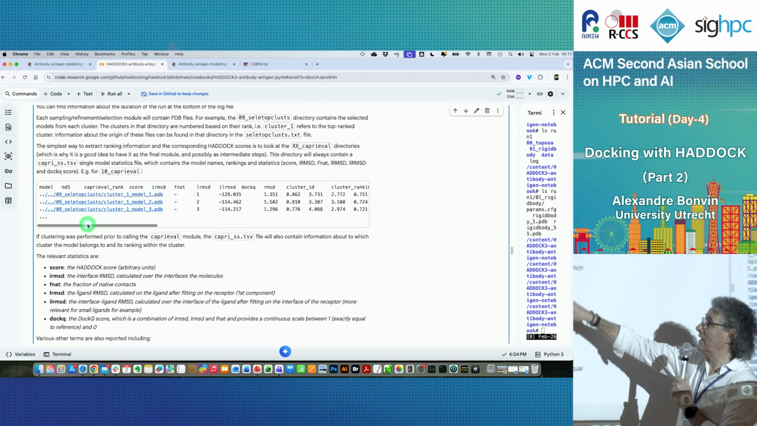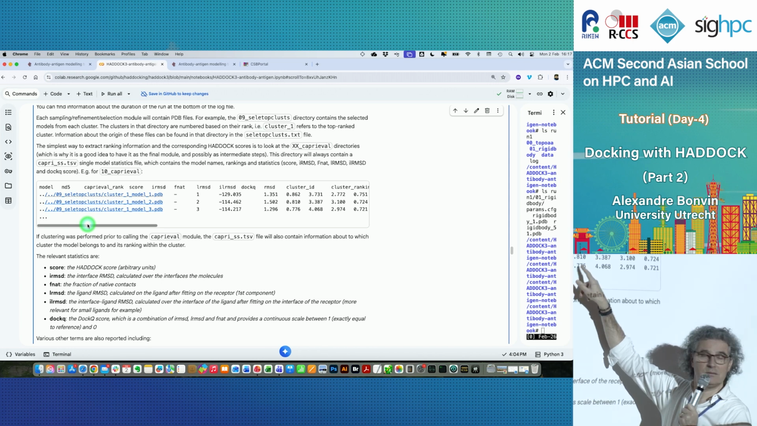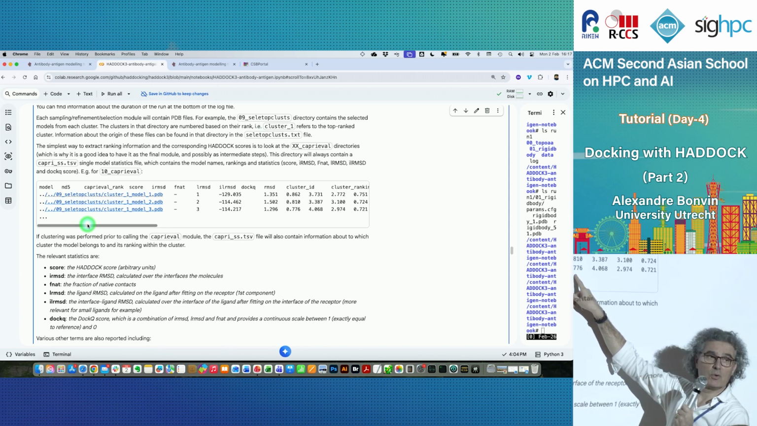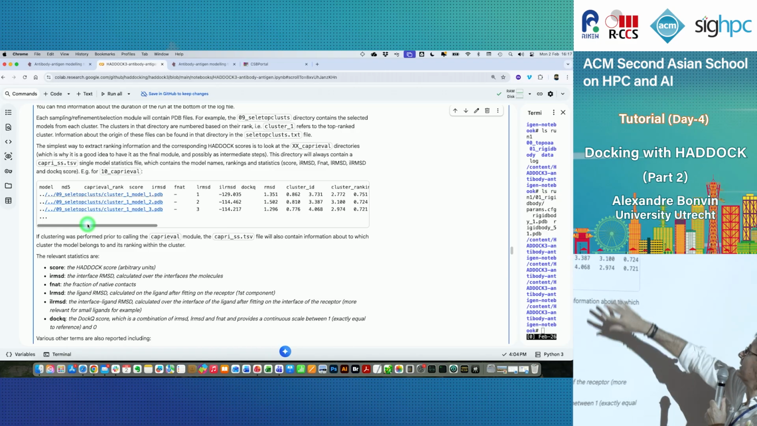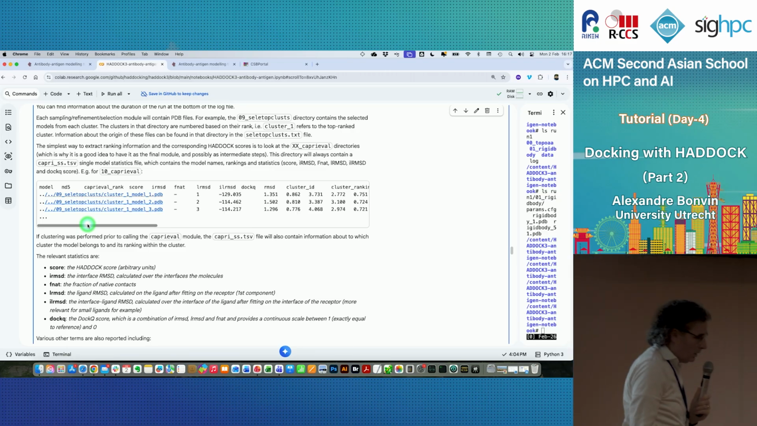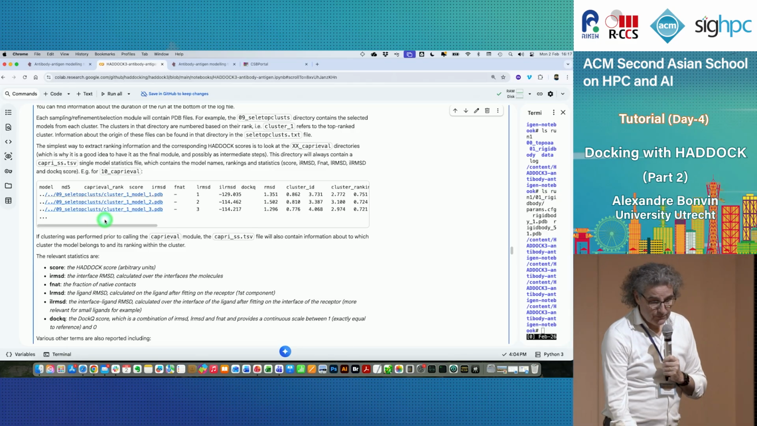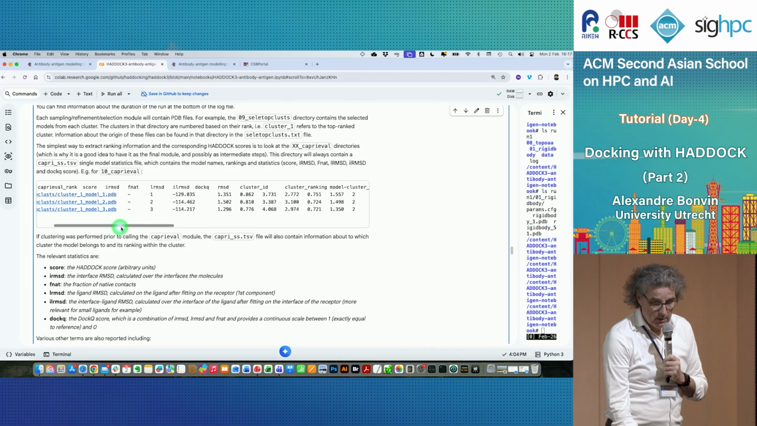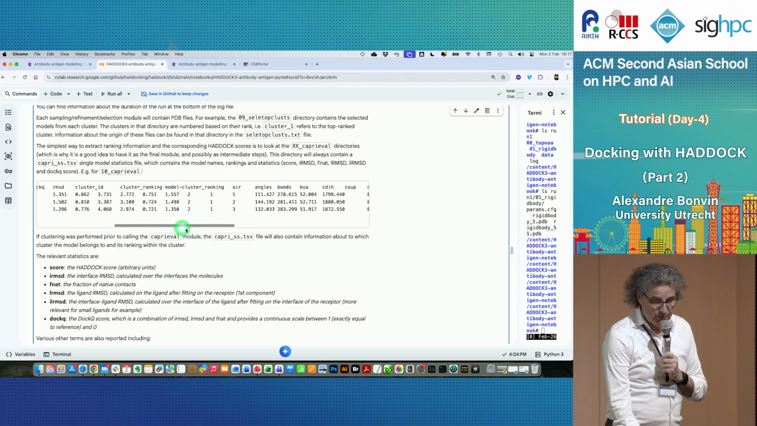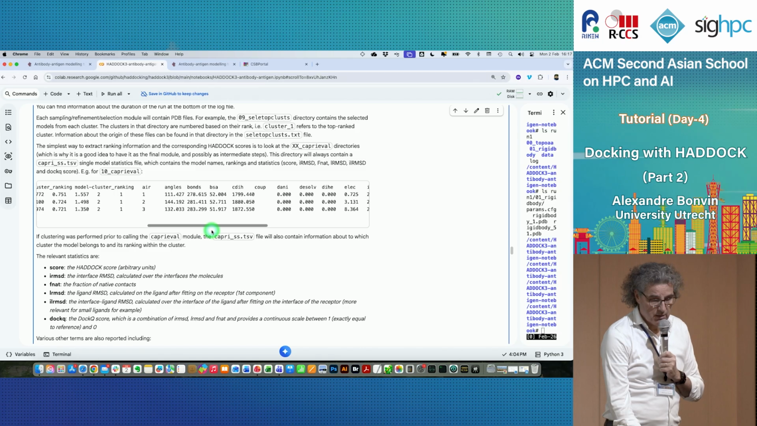While this one has a slightly better backbone RMSD, the contacts were slightly lower. And then there are other metrics, and if you scroll, you will also find in there, so these are all different CAPRI metrics. Then you start seeing the